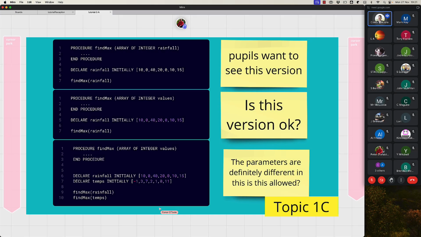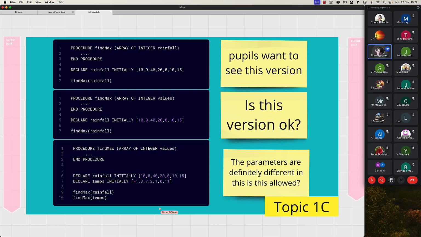Slide 1C for us just now, and what we'll do is look at some simple modules, and we've tried to identify three different ways of how you would call one of them. If we look at the first one up at the top there, version 1, that is what many of the pupils want. They want to see the formal and actual parameters matching up. And for most tasks, this is acceptable, and it could be an initial introduction to formal and actual parameters, and